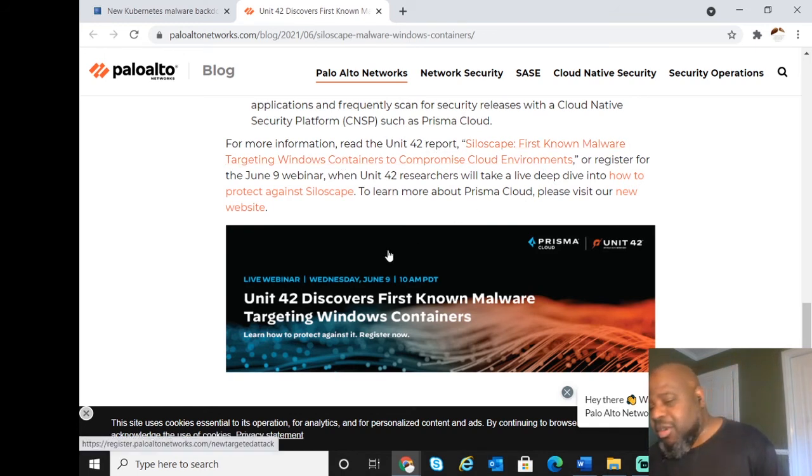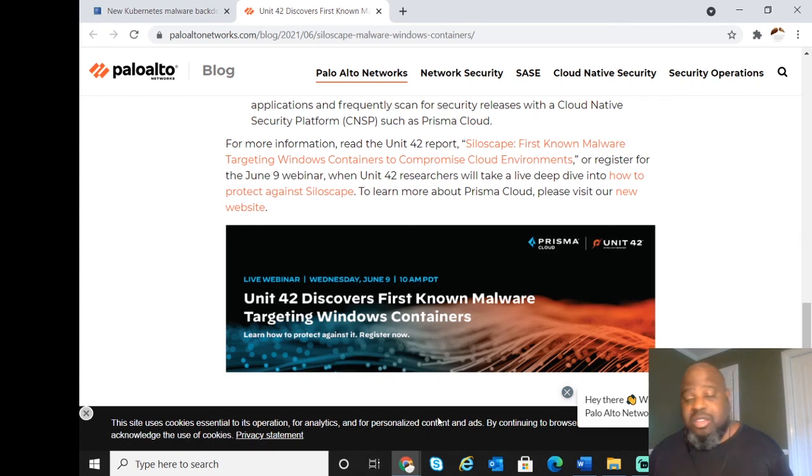Also, at the end of this, I'm going to link the STIGs for Kubernetes and some of the top checks to lock that down. Because with the command and control, you should be actually controlling your network traffic. So it shouldn't be able to actually get out to the command and control server if you're setting up your networking correctly.